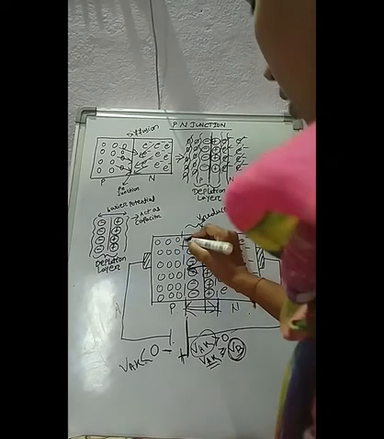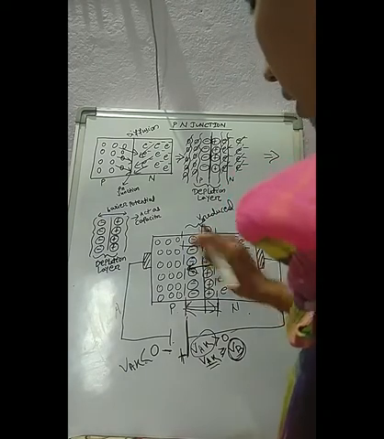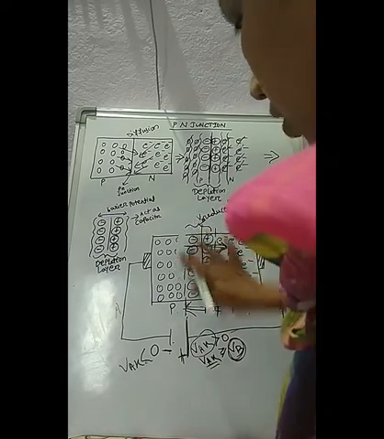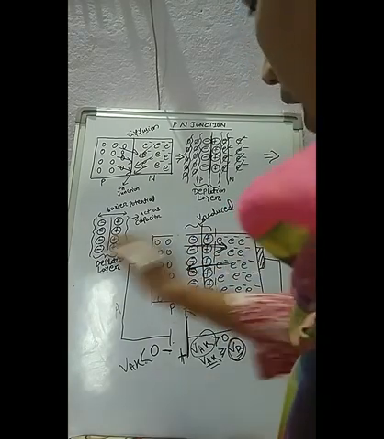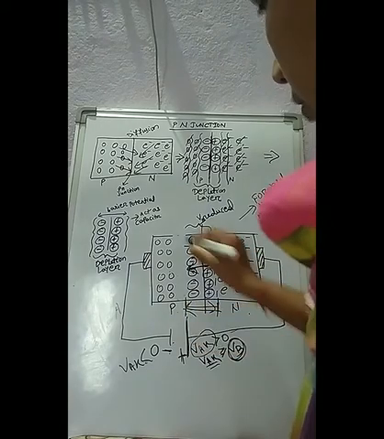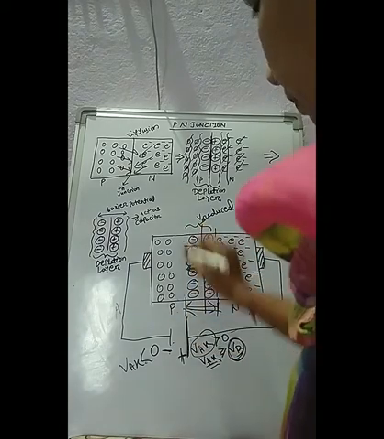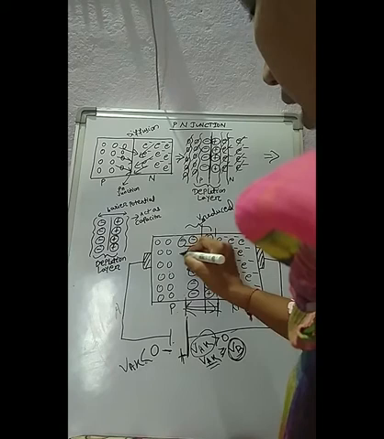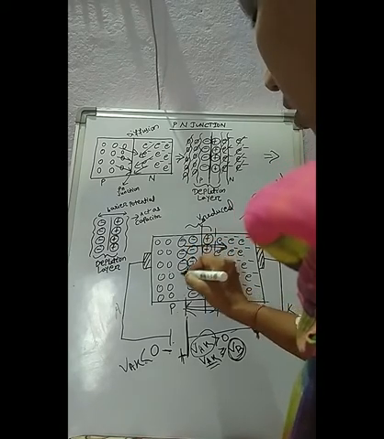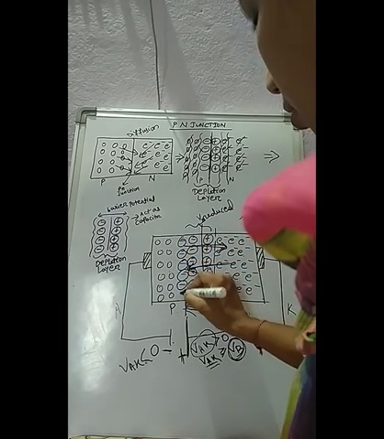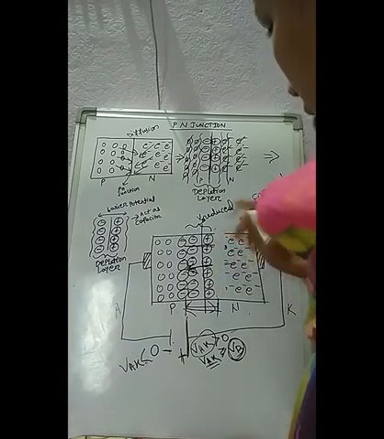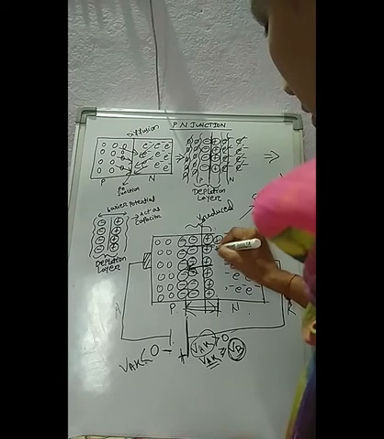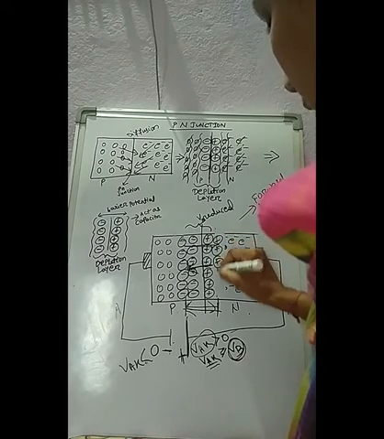So here the depletion layer will increase. How? Because if the majority charge carriers are attracted towards the terminal of the battery, then the remaining minority charge carriers start to be stored here. Understood? In this way the width of the depletion layer